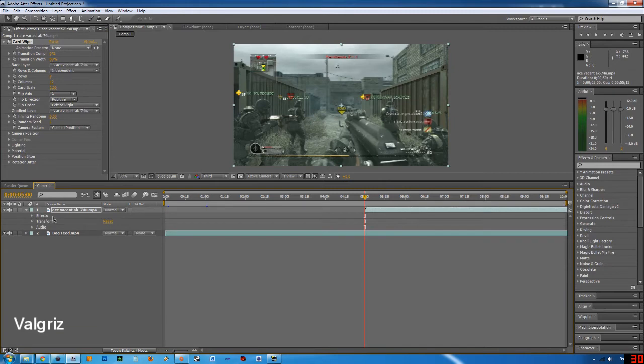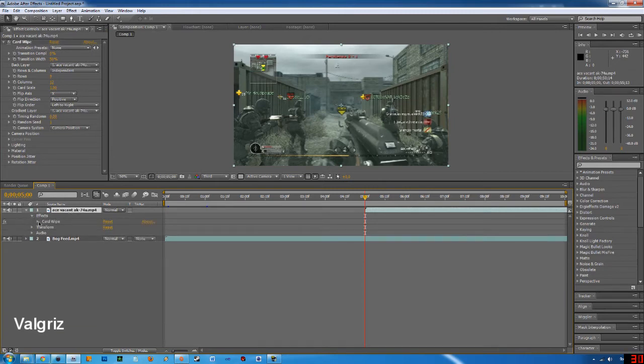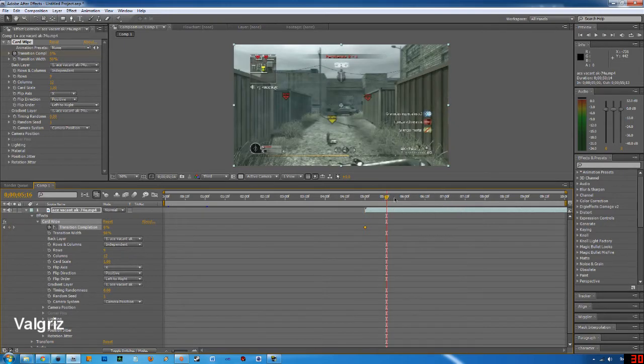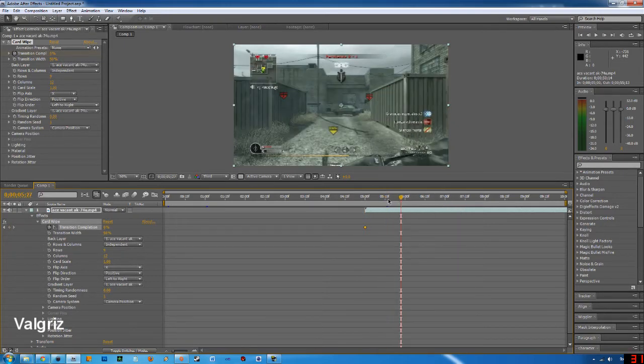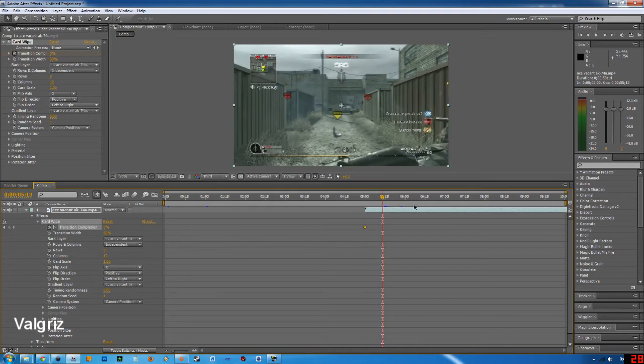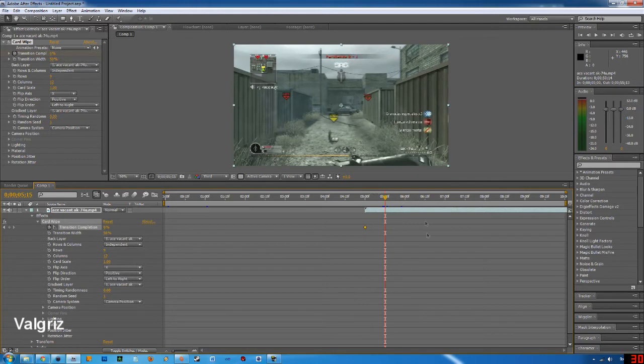So click on the down arrow on whatever clip you're using, down arrow on Effects, down arrow on Card Wipe, and then keyframe transition completion at 0, and then go right here. Because I'm using a 30 frame a second composition, 5:15 is between 5 and 6 seconds. But if you're doing 60 frames a second, then yours should say 5 and then 30. So pretty much half of how many frames you're using. It's halfway through a second, and then you're going to put this up to 100 like that, and then if we just render that little part of it, you're going to notice that